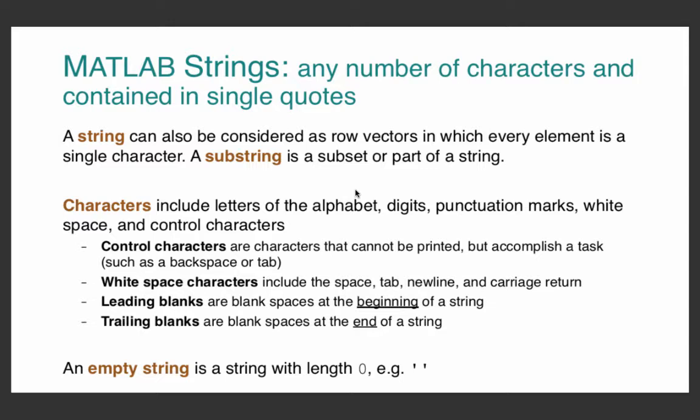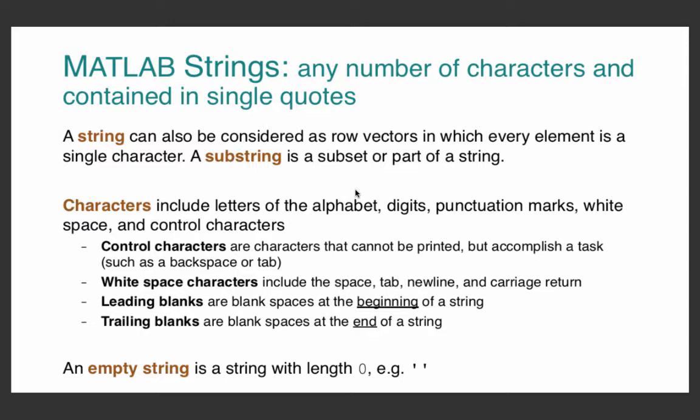So you have single quotes, hello, how are you? In single quotes, that's a string. As far as MATLAB is concerned, a string is considered as a row vector in which every element is a single character. A substring is a subset or part of a string. So you could have a string hello world, and the first part of it, hello, is a substring of that string hello world. Characters include letters of the alphabet, digits, punctuation marks, white space like spaces or tabs,